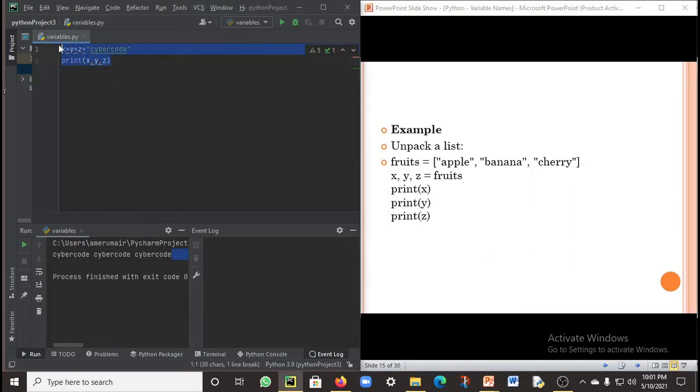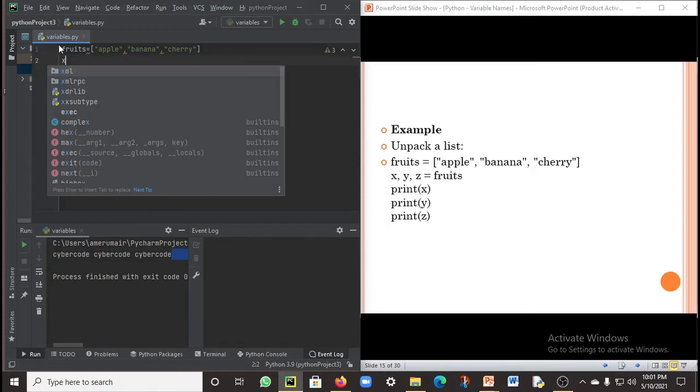Let me show you how unpacking works. fruits = ["apple", "banana", "cherry"].